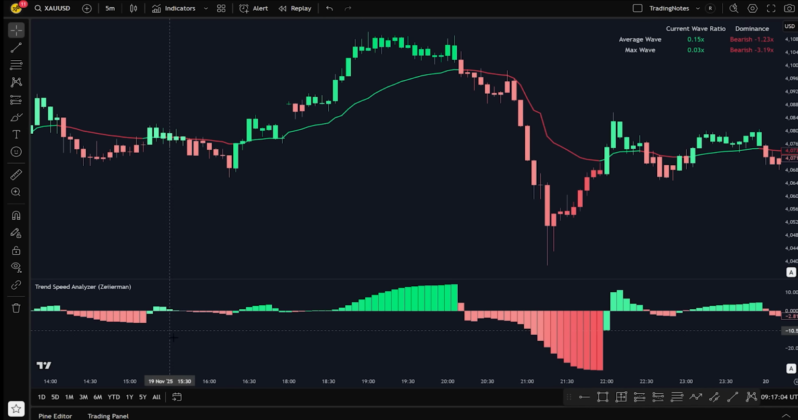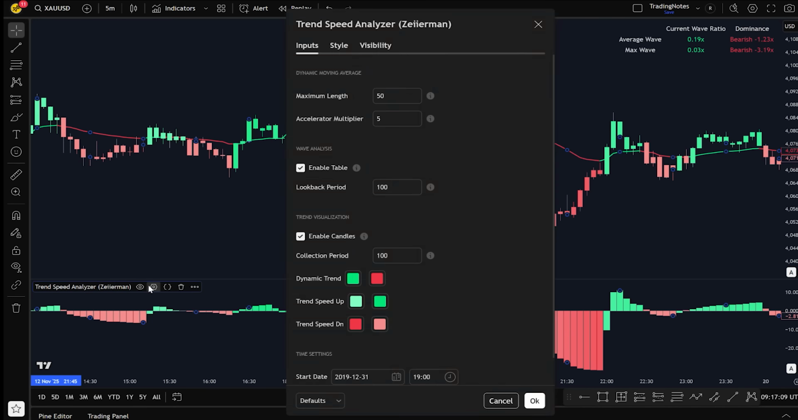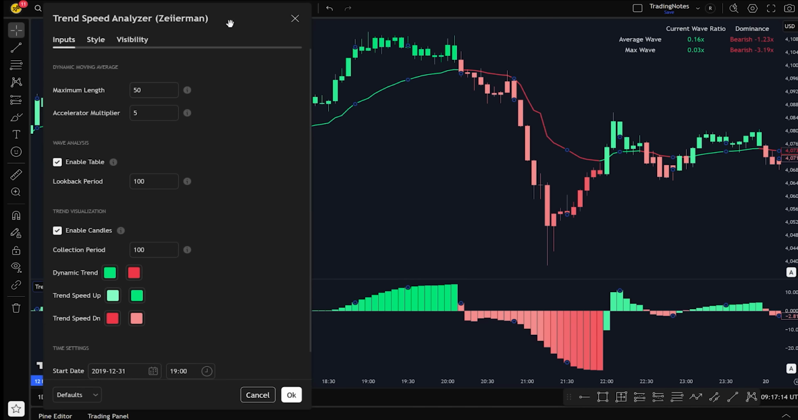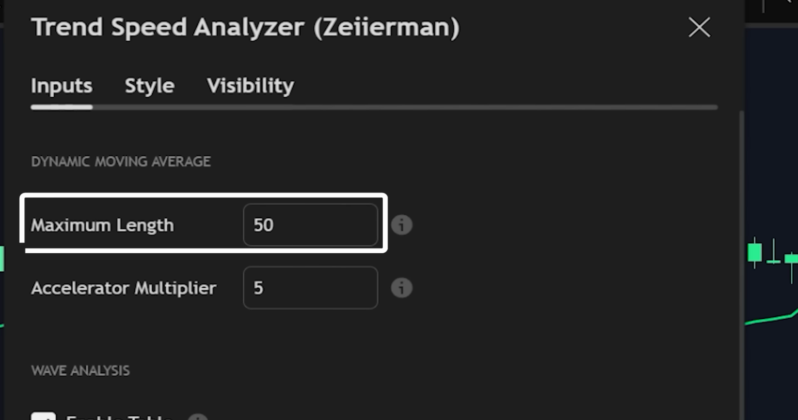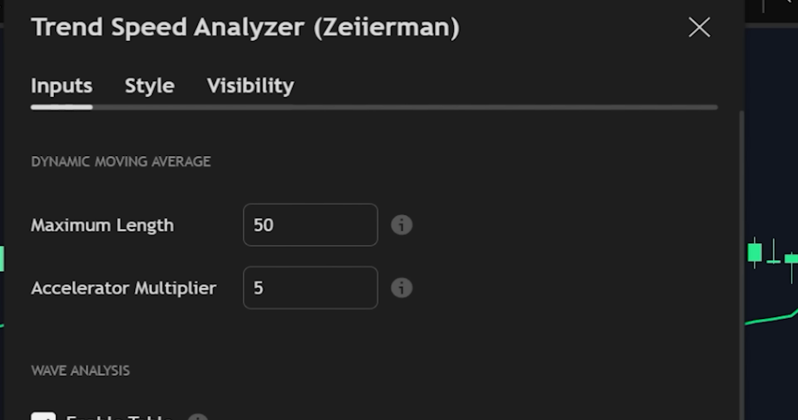Now let me show you exactly how to configure this indicator for maximum effectiveness. Double-click on the indicator and the settings panel will appear. You'll see something called maximum length, or MA length. This controls the smoothing of that dynamic trend line. The creator suggests keeping the default around 20, which provides the perfect balance between being responsive and not getting caught